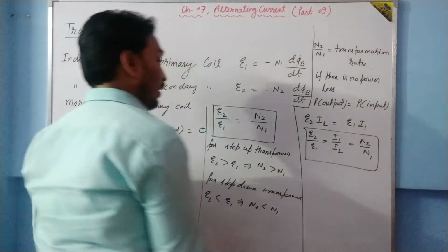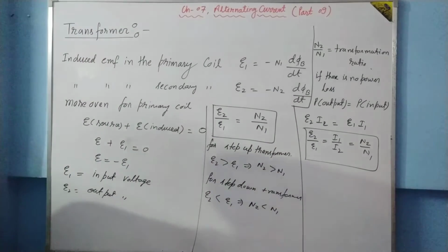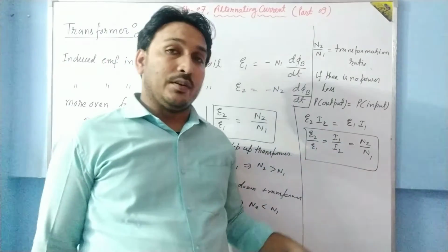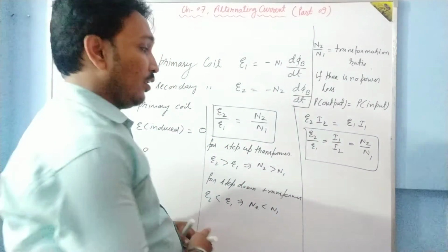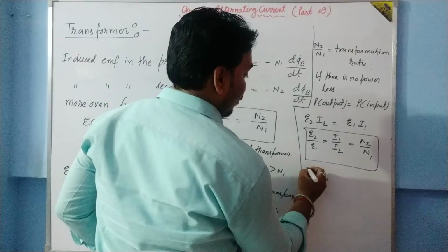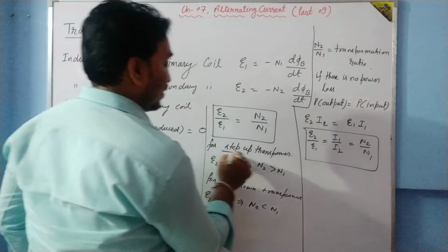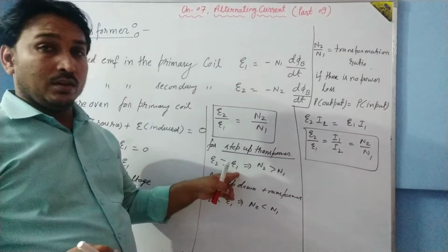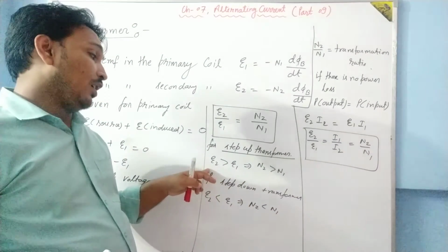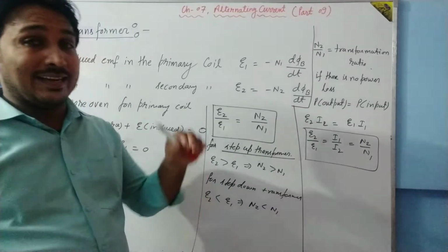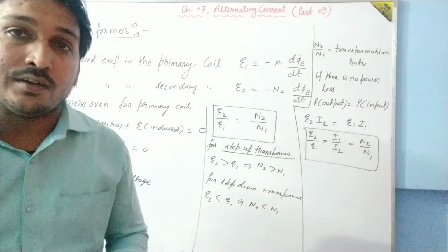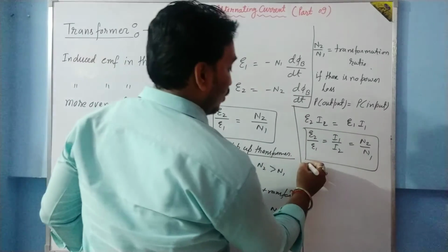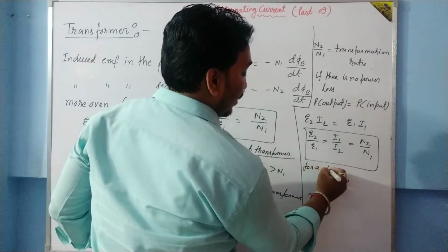From here, you can see that EMF is inversely proportional to current. And from here it is clear that if a step-up transformer increases the voltage, less input voltage, high output voltage, then it actually steps down the current. So the complete statement will be like, for a step-up transformer,